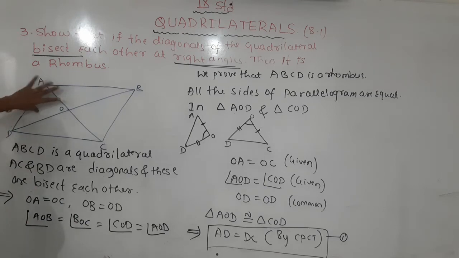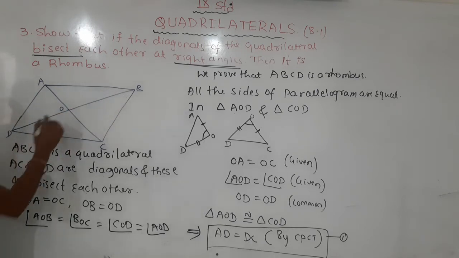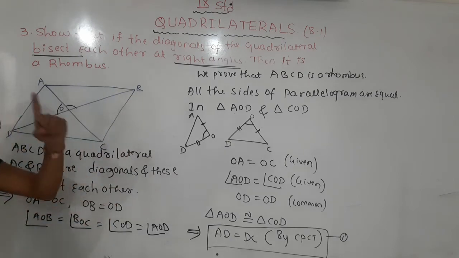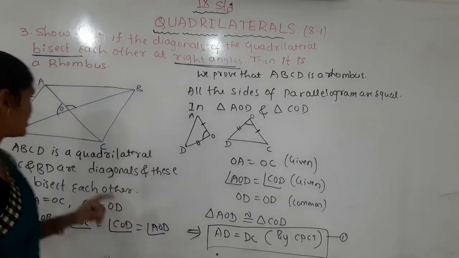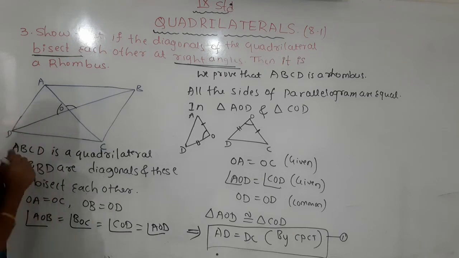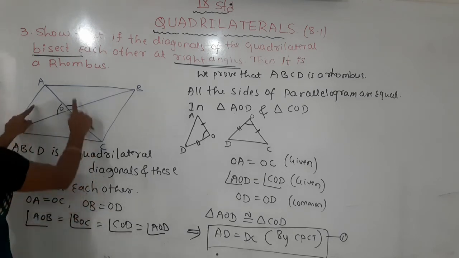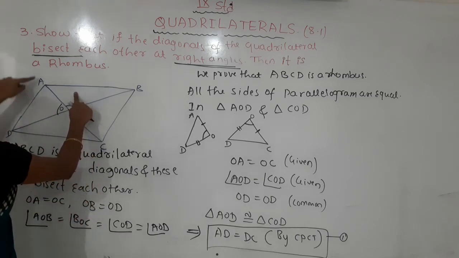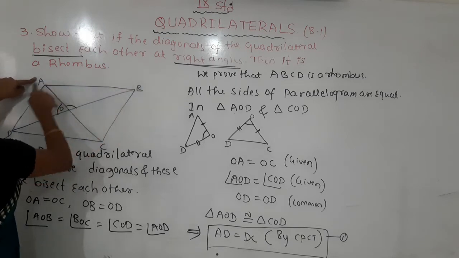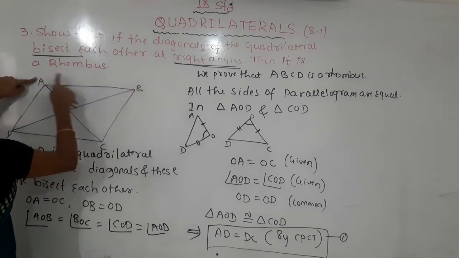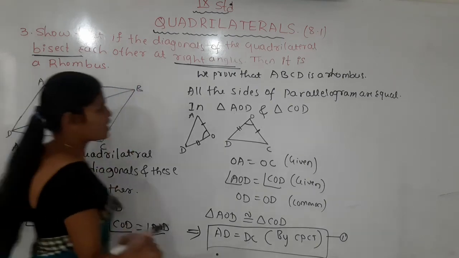Similarly, you can take these two triangles. If you take triangle AOD and AOB, what are the things that are the same? These two angles are the same, and this is a common arm. And one more thing, OD is the same as OB. Why? The diagonals bisect each other. Then are these two triangles congruent to each other? Yes. If these two triangles are congruent, then these are corresponding sides of the congruent triangles. Here AD is the same as AB.